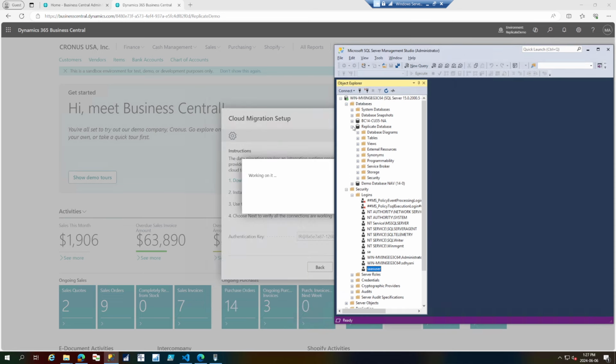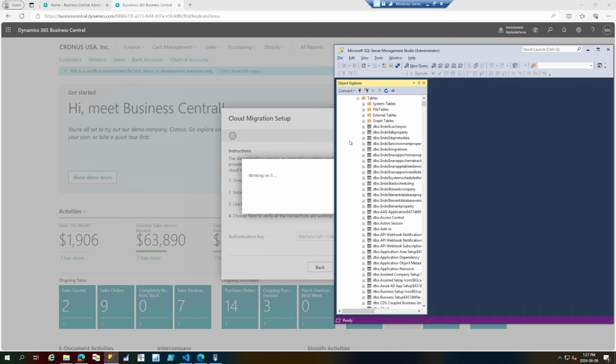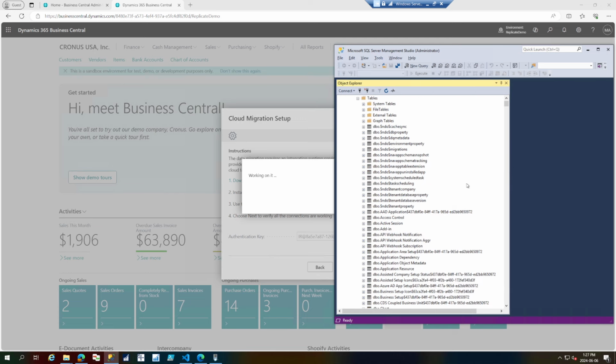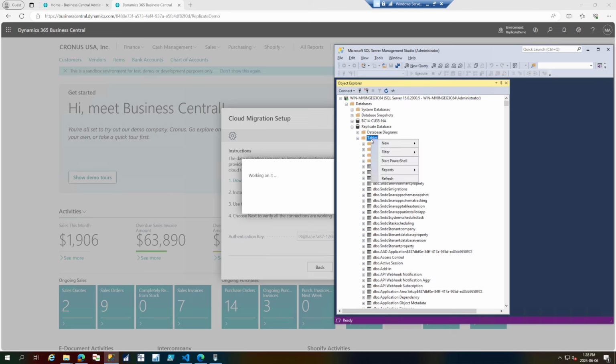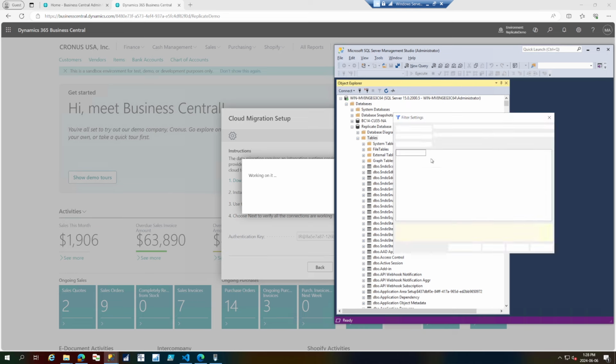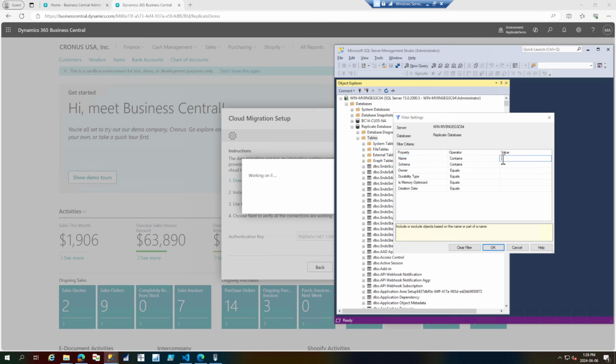So in Business Central, every table gets a GUID, which is the GUID of the extension from where it is coming. So you see all these GUIDs after the table name. These are the GUIDs of the extension from where these tables come from. When we create a custom table or a table extension on the customer table, in the latest version of Business